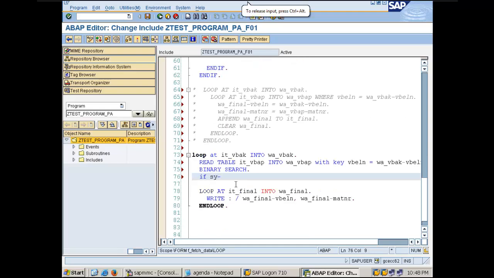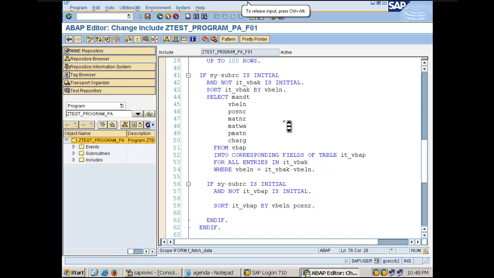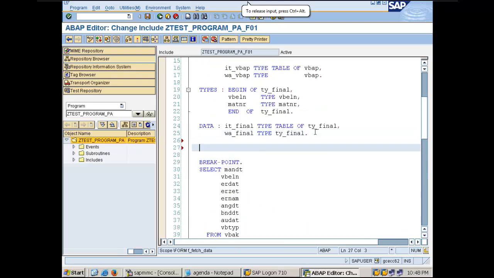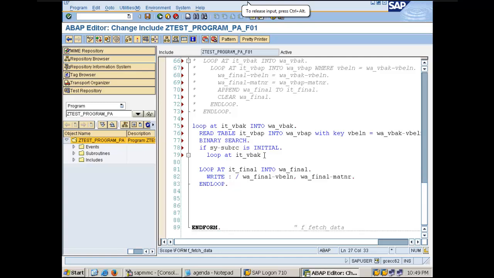If sy-subrc is initial, then I'm putting a loop at IT_VBAK, and then I'm creating a local variable. So I just read this internal table for that particular sales order,